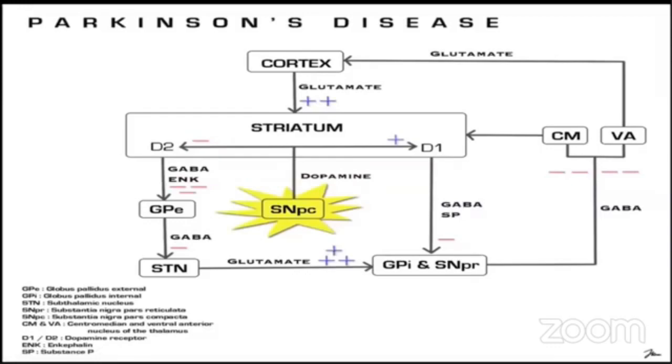Parkinson disease, that is a hypokinetic movement disorder, what happens? We all know in hypokinetic disorder like Parkinson disease, there is depletion of the substantia nigra pars compacta, so reduced production of dopamine. Dopamine production will be less, so it will stimulate the D1 receptor less. When it stimulates the D1 receptor less, what happens, this GABA